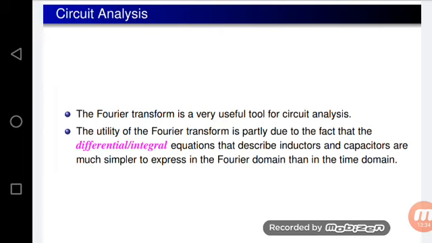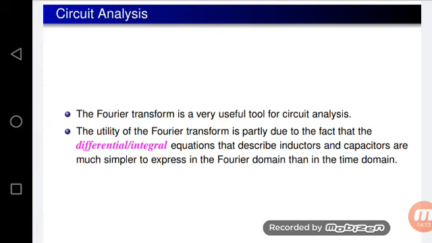Next topic is circuit analysis. Now we are entering the main topic, circuit analysis. The Fourier transform is a very useful tool for circuit analysis. The utility of the Fourier transform is partly due to the fact that the differential or integral equations that describe inductors